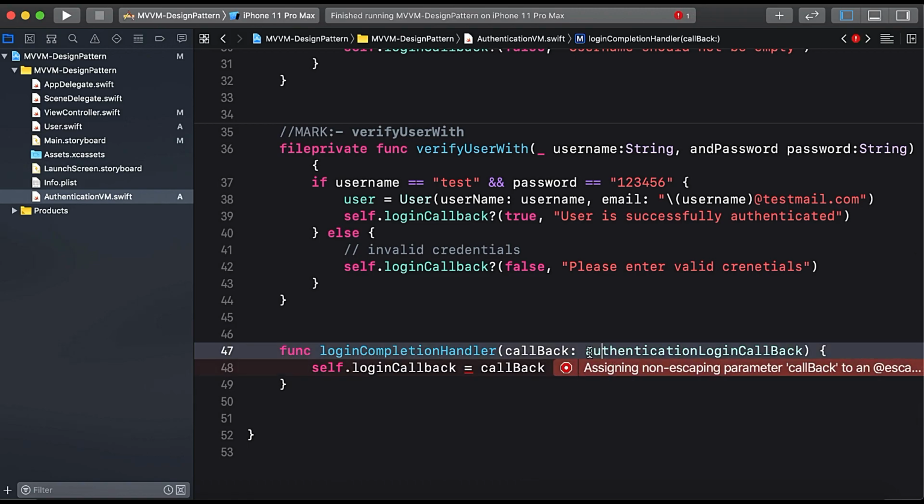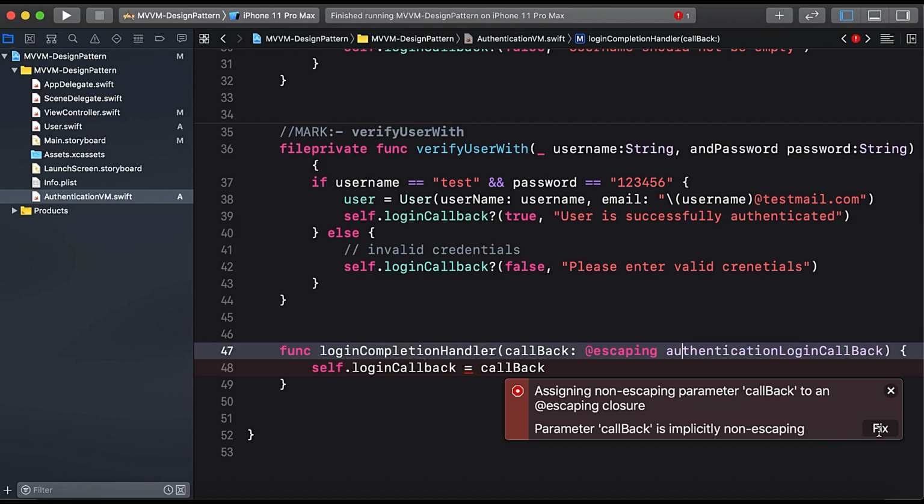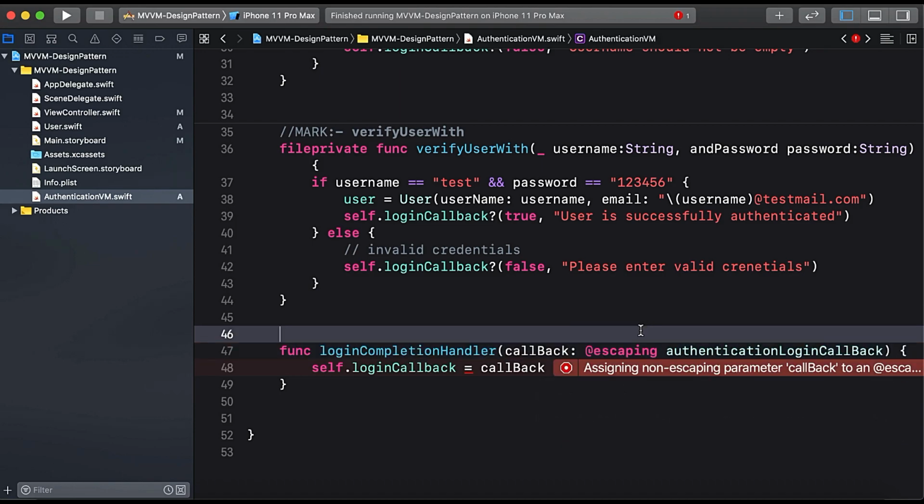Okay, so here we need to add the escaping parameter to the closure. So we are done with our view model,